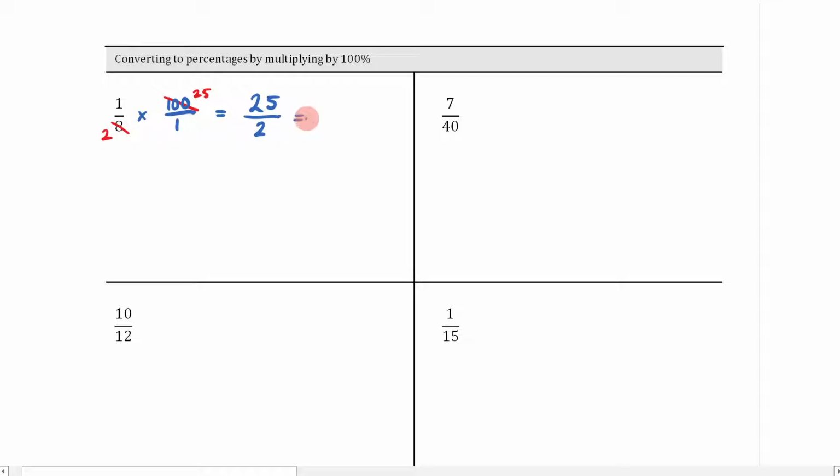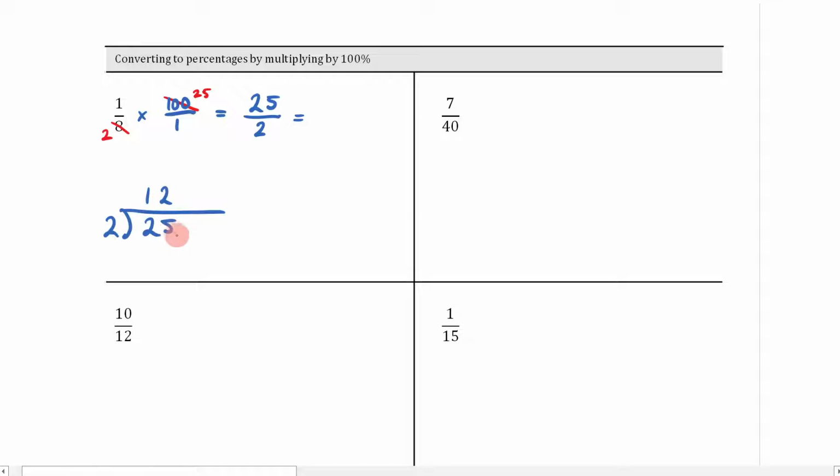Now, once I've done that, what I normally do is do some short division. So remember, this is telling me how many times does 2 go into 25. So let's come over here and let's see if we can do it. And remember, I want you writing down everything that I'm writing down. That's how you're going to learn best. 2 divided by 2 is 1. How many times does 2 go into 5? It goes in twice with 1 remainder, because 2 times 2 is 4, and then I've still got 1 left